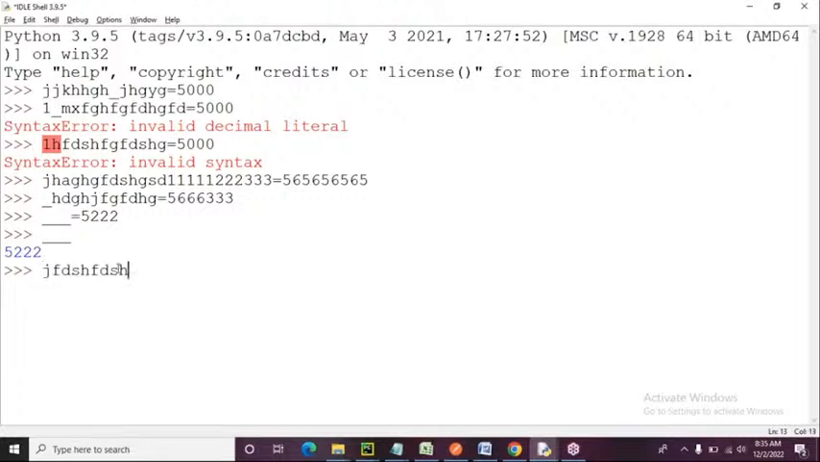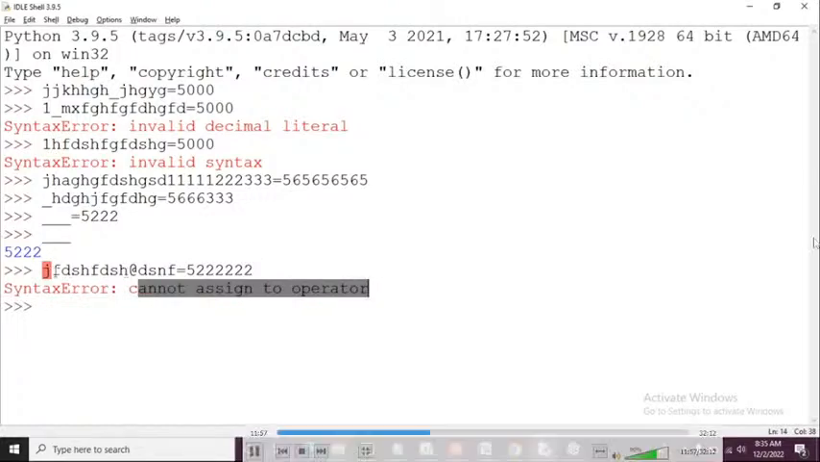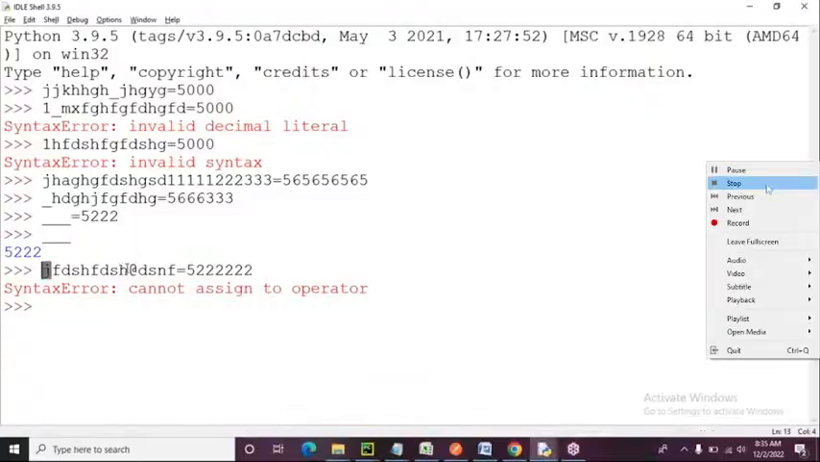See, if I create any variable with at the rate somewhere in the creation, it will give me an error. It says that cannot assign the operator. It says that the problem is not this one. The problem is